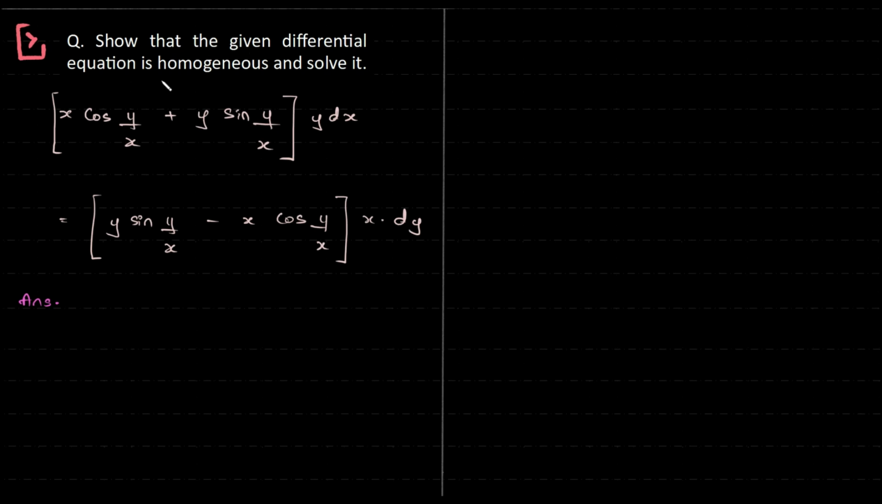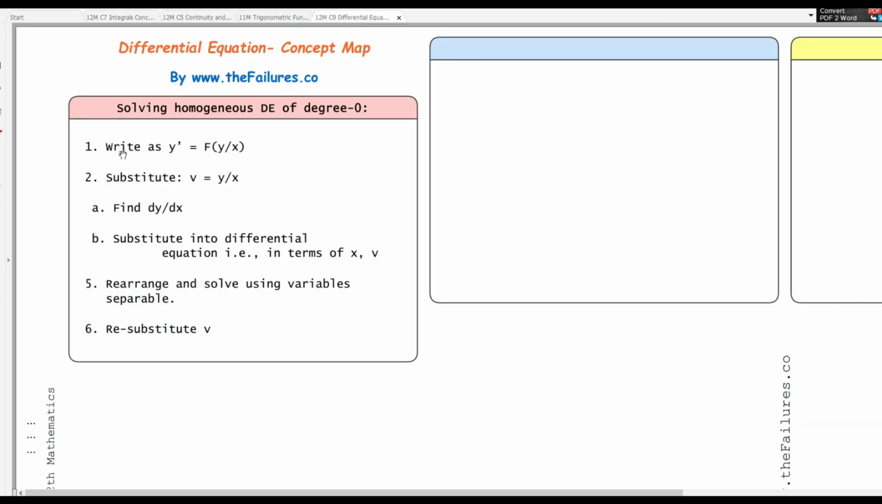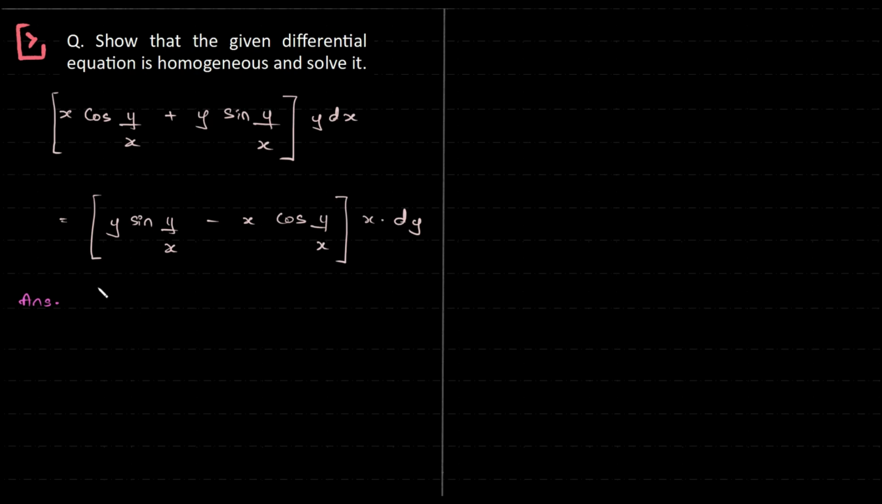Show that the given differential equation is homogeneous and solve it. So my funda is to go with expressing it in terms of y prime is equal to f of y by x, and after that it would be easy to prove it homogeneous. So first thing is, okay, left hand side and right hand side things are okay. Then we'll just directly write it as